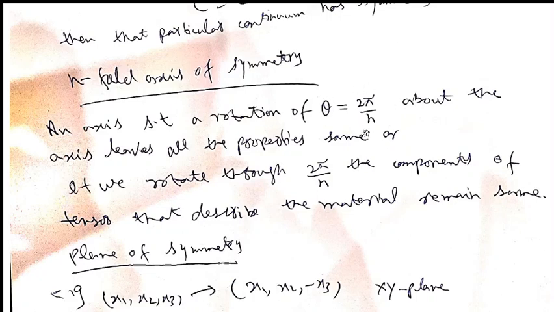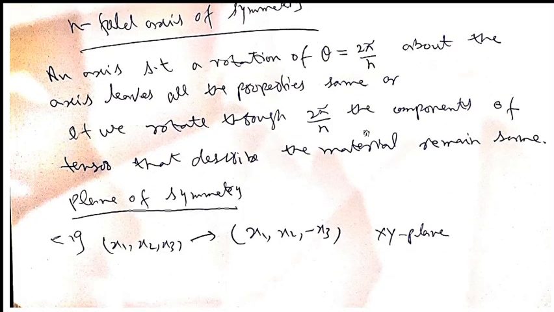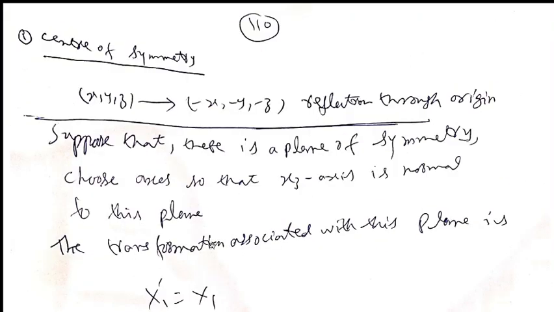This is called n-fold axis of symmetry. Plane of symmetry, you can see that this is the transformation for the plane of symmetry, that if you have xy plane, then this would be the transformation for that plane of symmetry. And center of symmetry, reflection through origin, that if you have center of symmetry, then this type of transformation will be here, x y z to minus x minus y minus z,